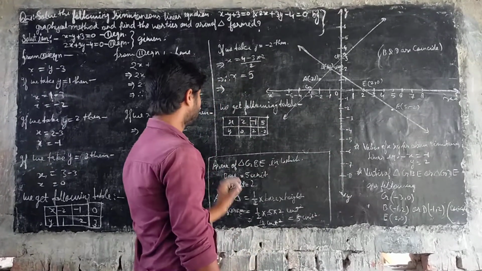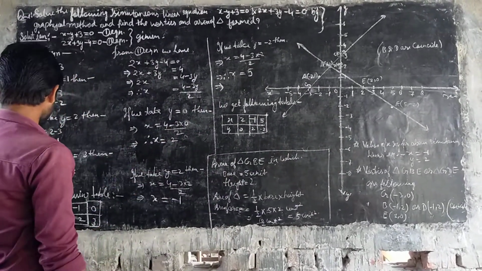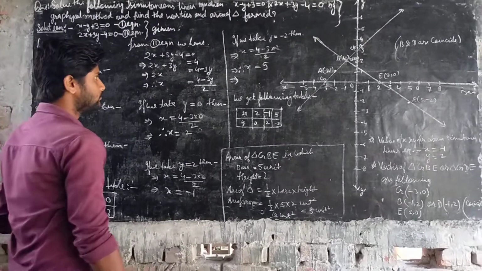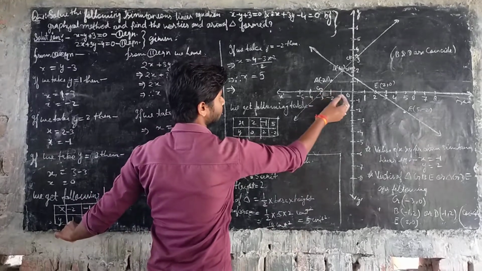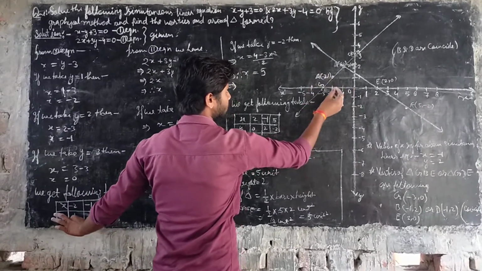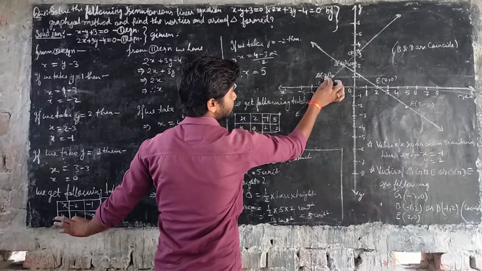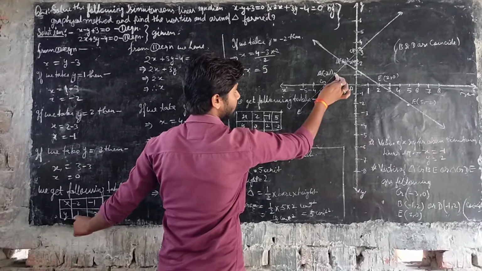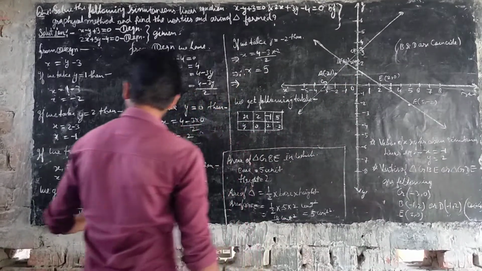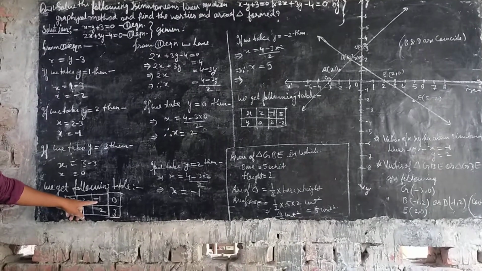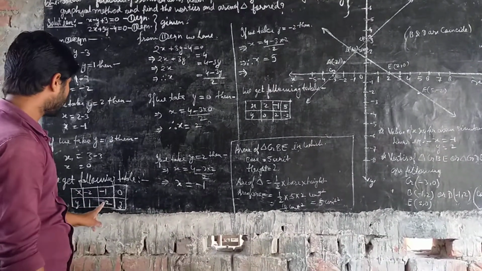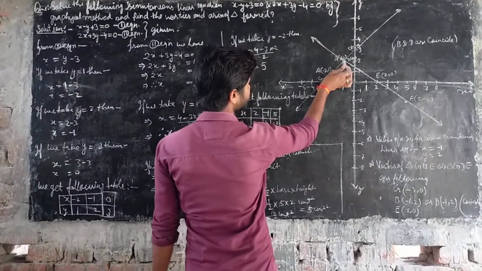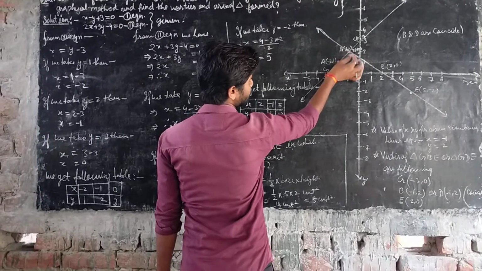For the first line, we take the points. If x is equal to minus 2 and y is equal to 1, then we take that point on the coordinate axes, with abscissa minus 2 and ordinate 1, and that point is located here. For the second point, if we take x is equal to minus 1, then y is equal to 2. Here y is positive. It is given here as point B.